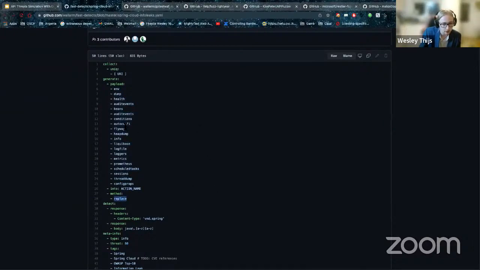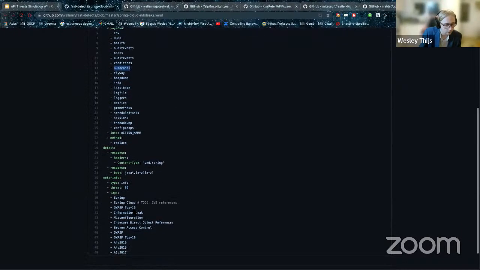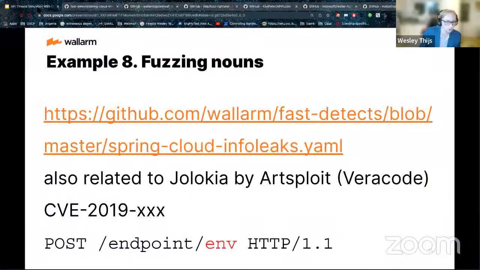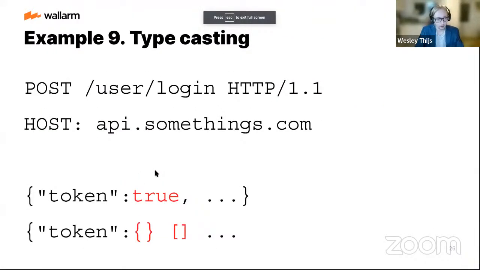It's going to replace the action name with all of these, and then do some detection on them as well. We'll get more into these templates later on. This is also related to the Trillopia by Artsploit Veracode, so the CVE 2019.